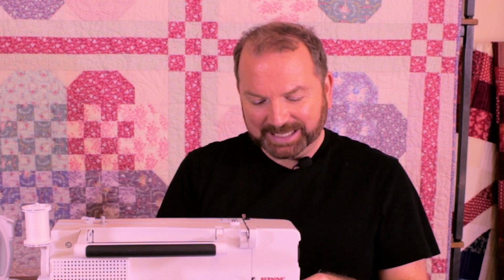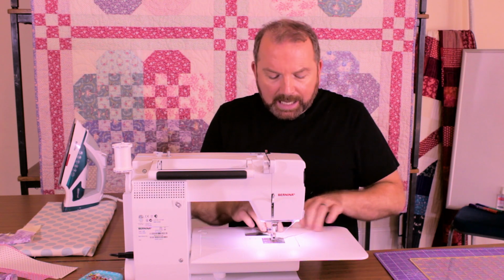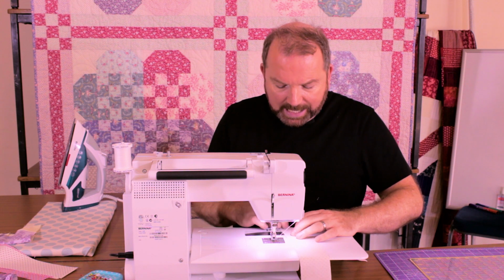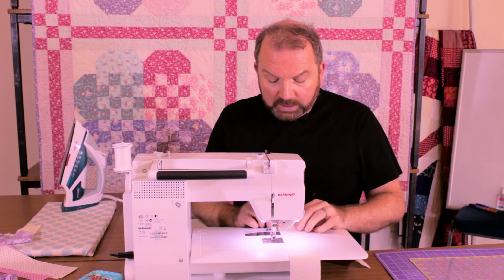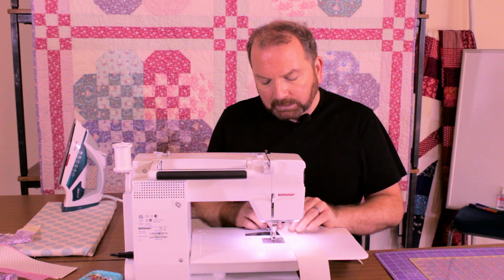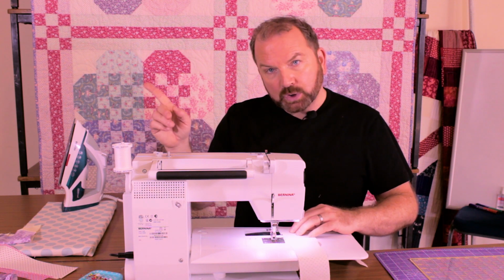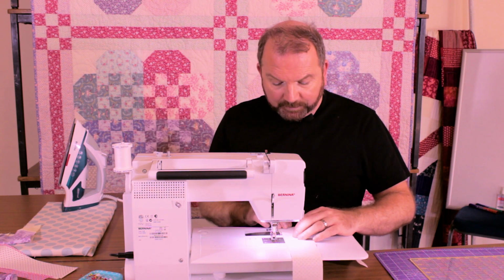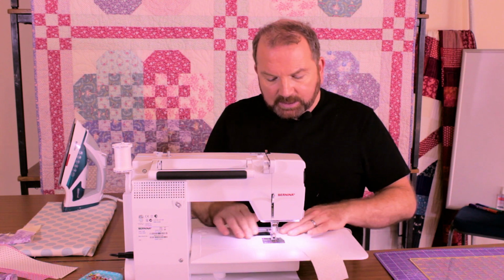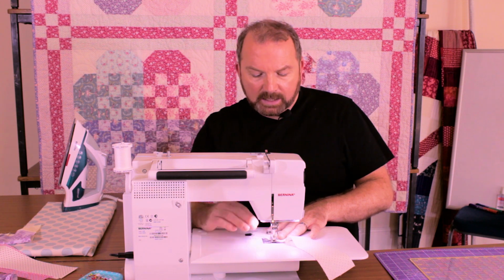If that's too slapdash for you, that's okay. You can mark that line with a pencil, all right? So I'm going to put those two together, and then I'm going to sew my diagonal. Whenever I put it through the sewing machine, I always want it to look like a backwards L. And then I sew from top right to bottom left. And I actually like to sort of stagger my strips slightly, so I've got a very clear start point and